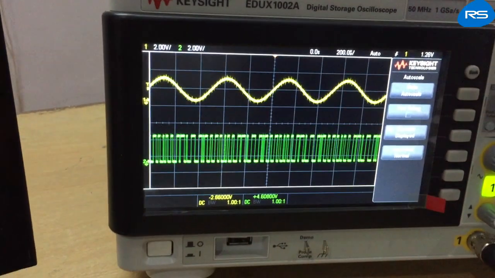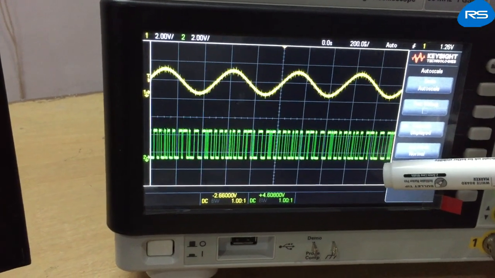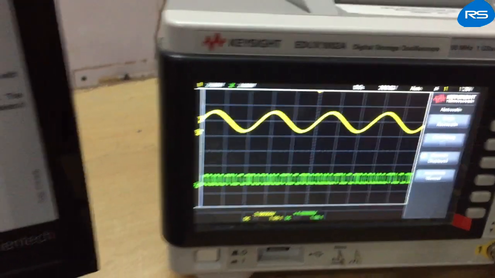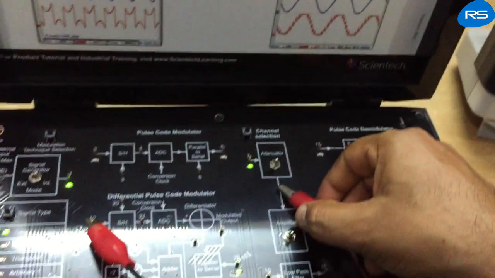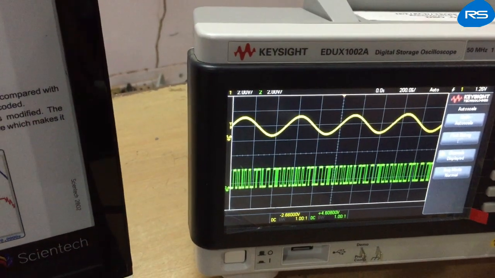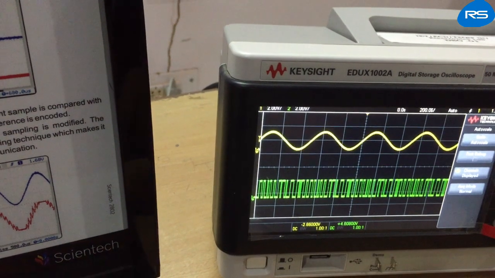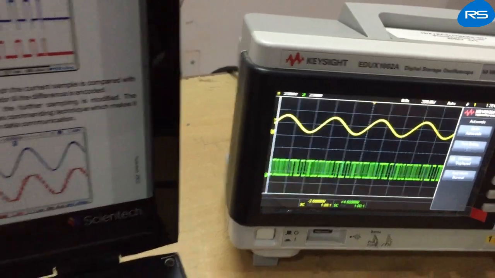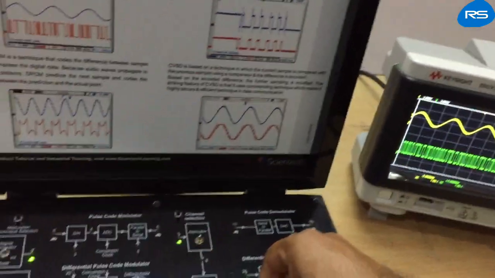Point number 7, that is the input of the attenuator, is shown like this. The output of the attenuator can be observed, and you can see that there is a reduction in the amplitude of the signal. Now, in order to recover the signal level, we have amplified it through an amplifier, and the amplified output has been observed at point number 9 of the amplifier output, which is shown here on the digital storage oscilloscope.